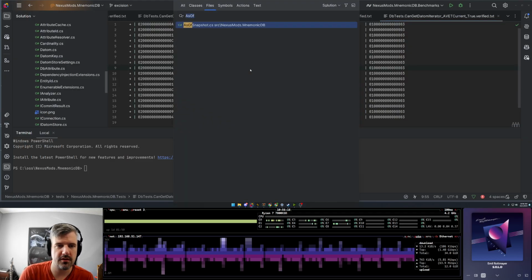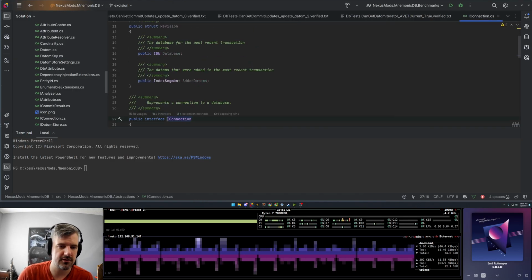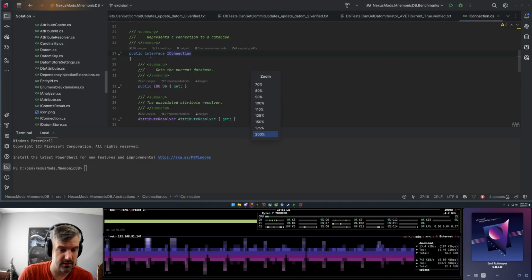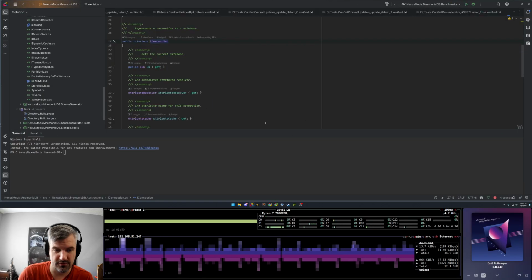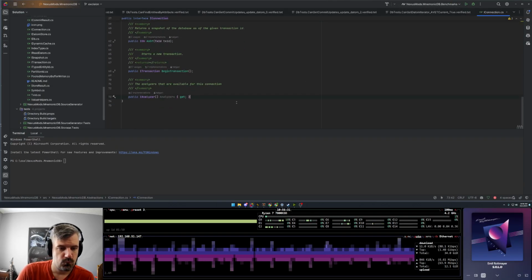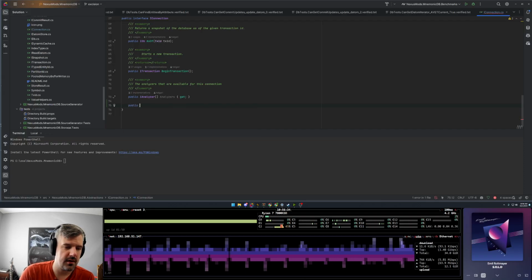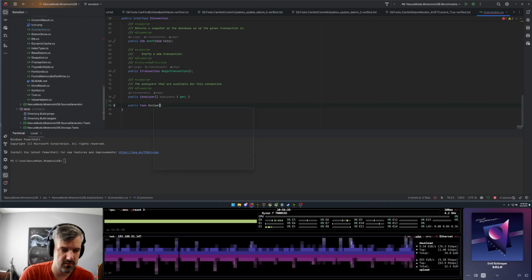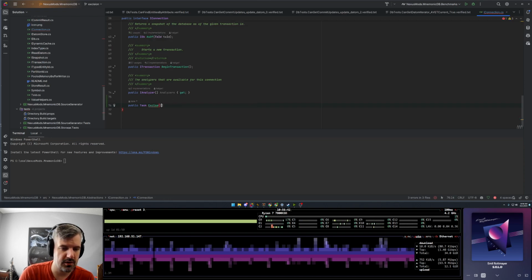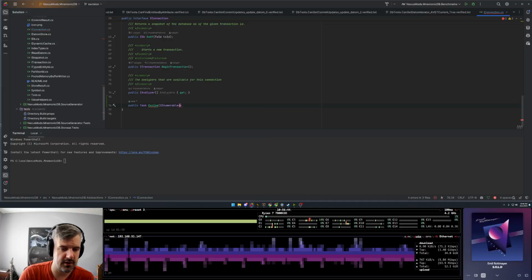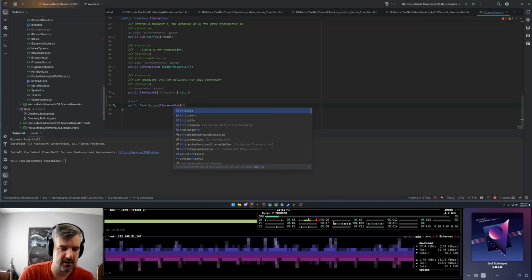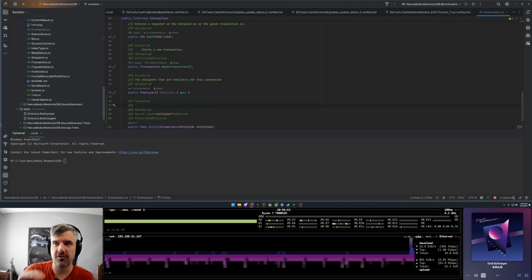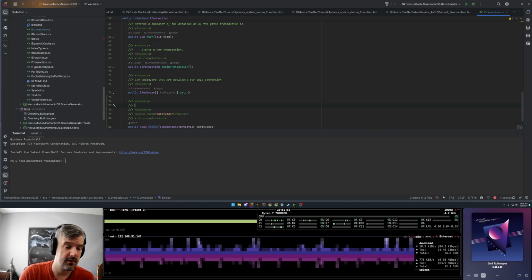So the interface for this is going to go into the IConnection. And let me set my view. This is really big. Put this at 150. There we go. So the interface for this is just going to be an async method that we will give an IEnumerable of entity IDs. So this will be a list of entities that we want to just completely flush out of the database.